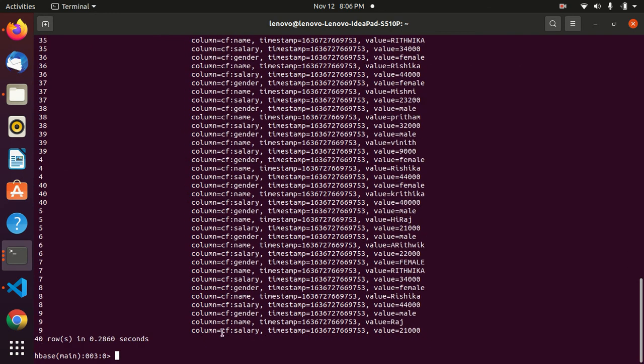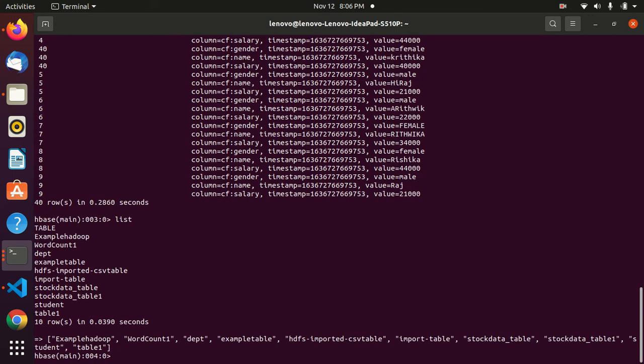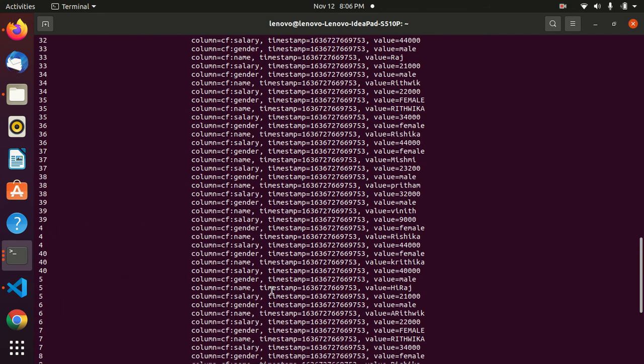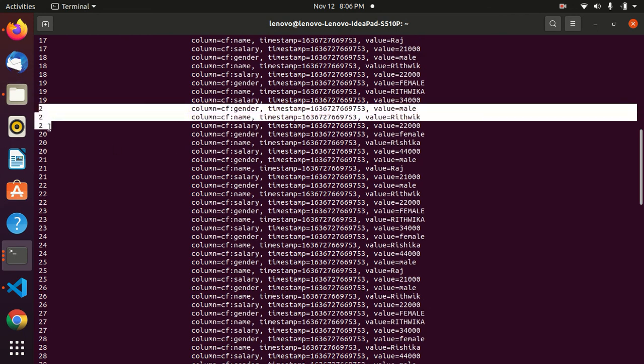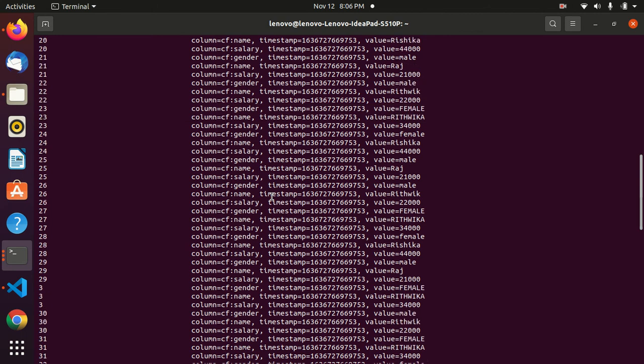First let's list out the tables. So these are our listed tables. The data got printed. So there is some problem with the CSV file. Other than that, our data got printed.